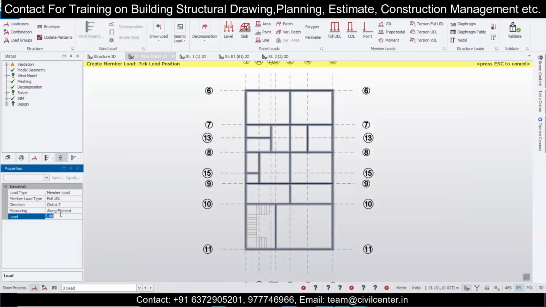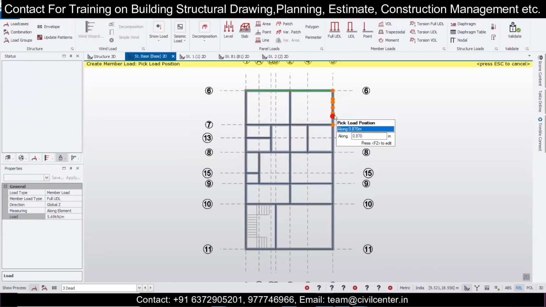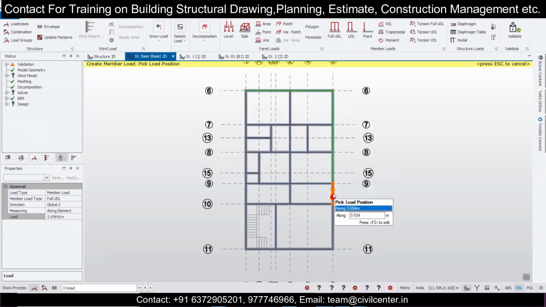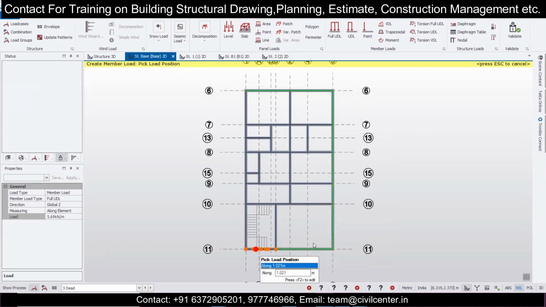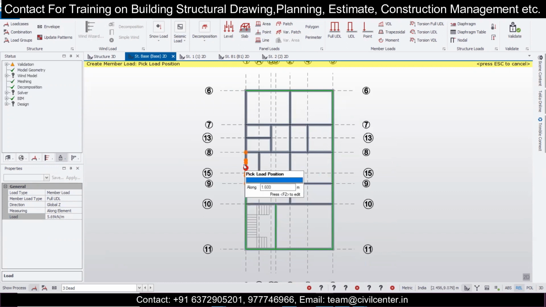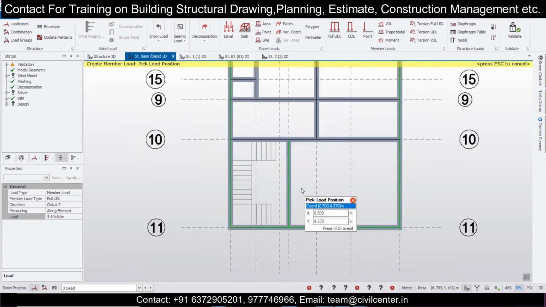We'll give 5.69 kilonewton per meter, and apply it along all the external walls, and also all four walls of the staircase, because the staircase is always a higher thickness, the 10-inch wall.